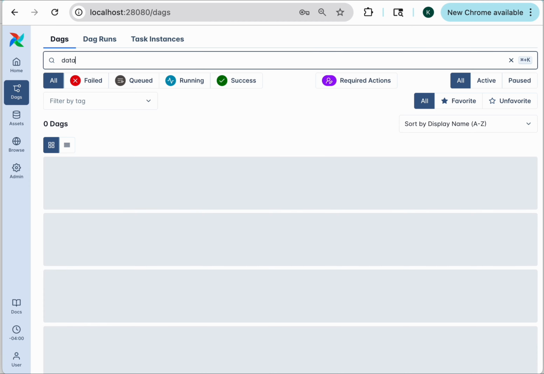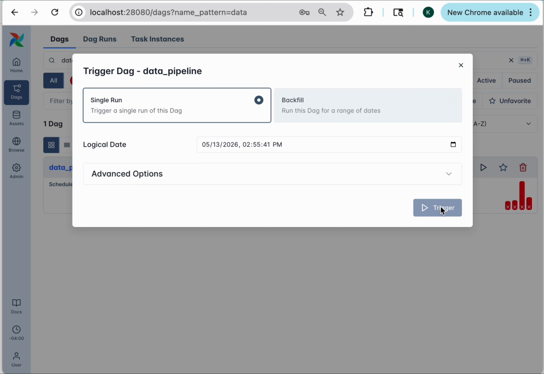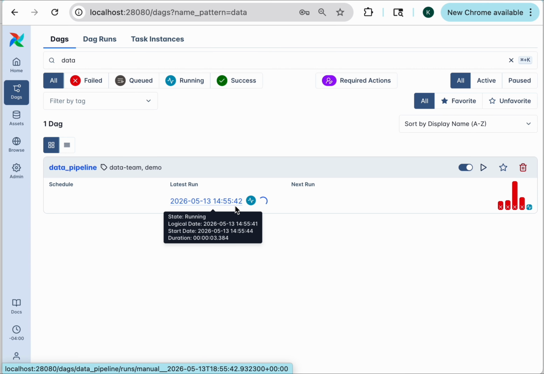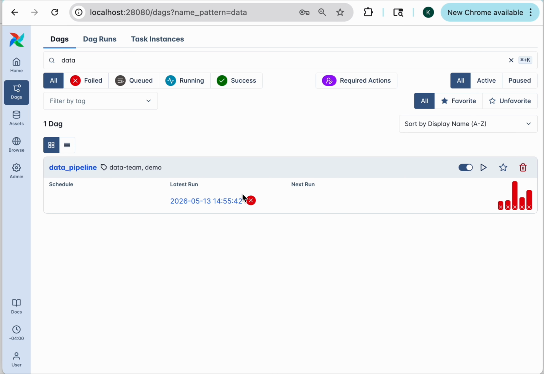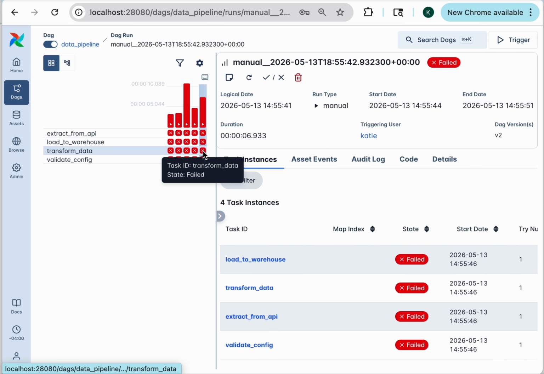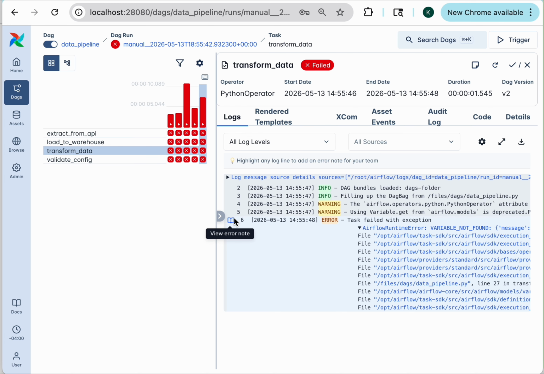I'm going to go to the exact same DAG data pipeline. I can trigger it on my own, and it should fail as before. Yep. So this is the most recent run on my end. I can go to the transform data task. And so the DAG has failed again with the same error, completely different timestamp though, which it still recognized and